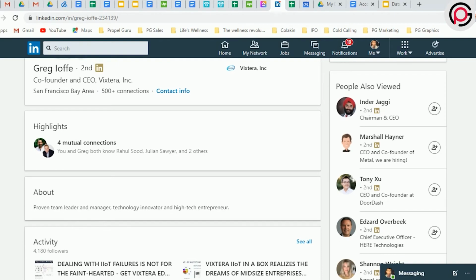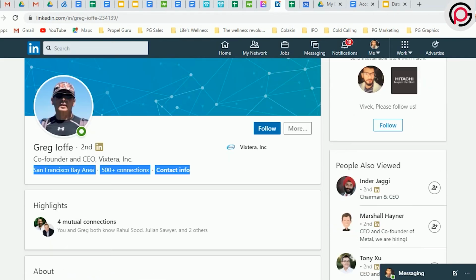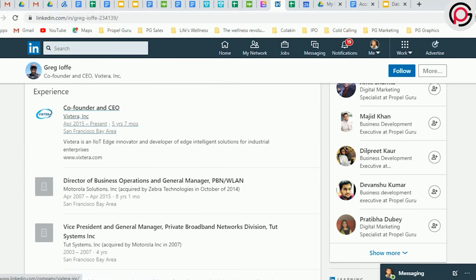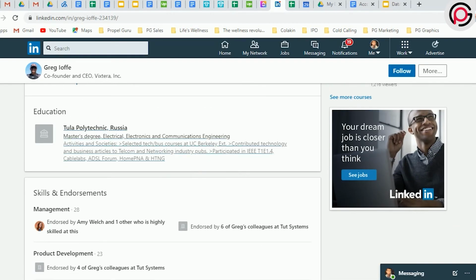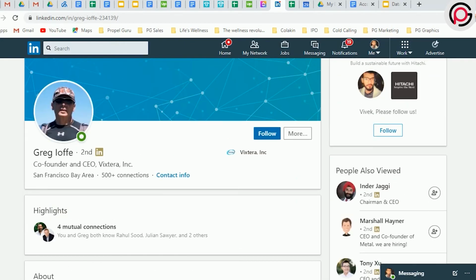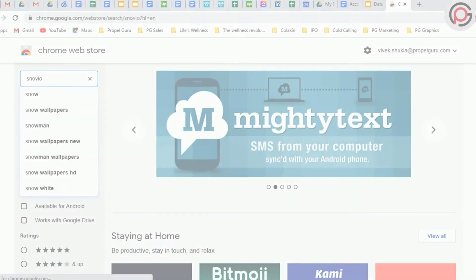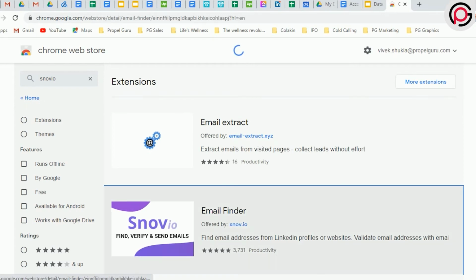Here you can also find the details of a company. As explained earlier, you can also find the details of the lead like name, age, title, current experience, mobile number, email address, the company address, and other relevant information from this LinkedIn profile by using data extraction tools. Let me show you some of the tools that you can use to extract data easily from a